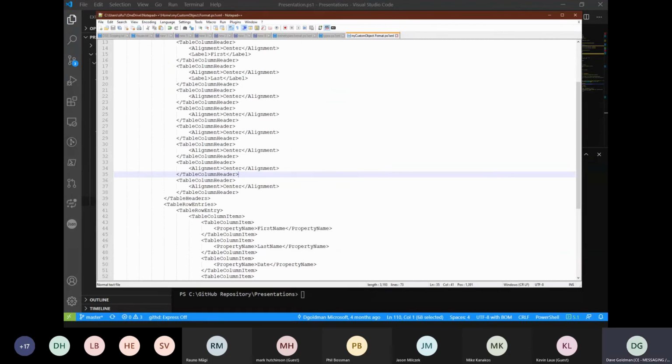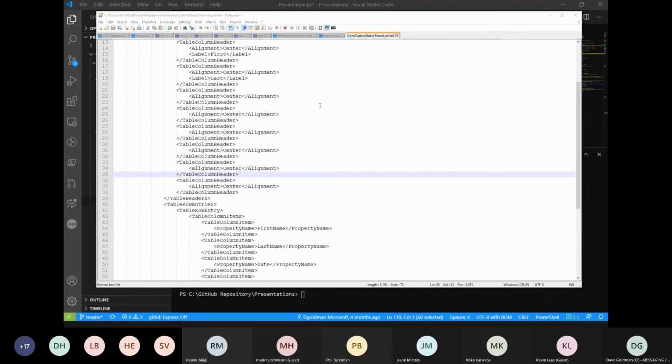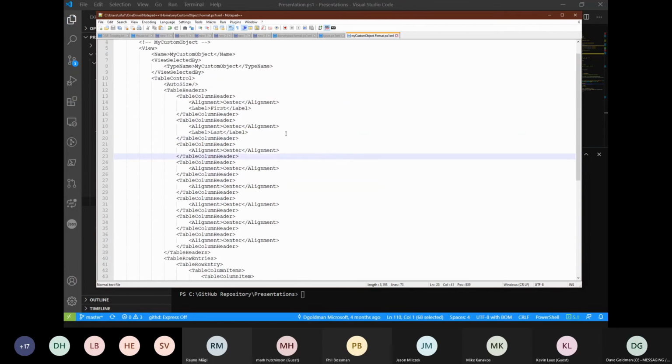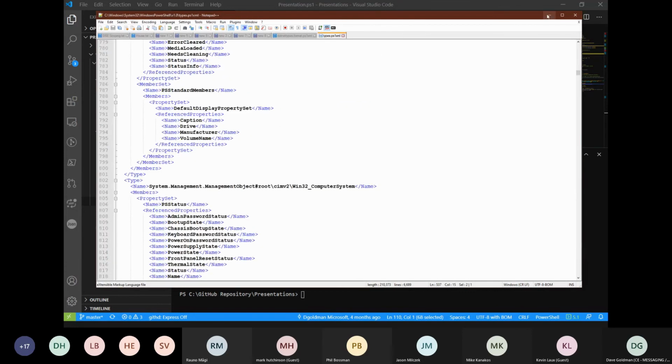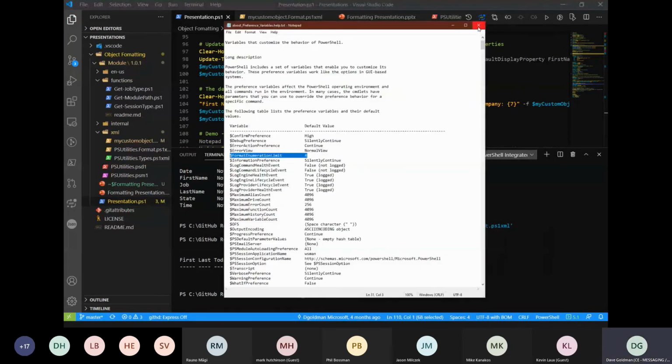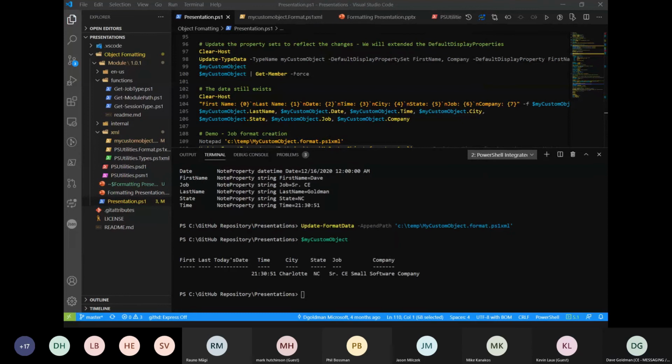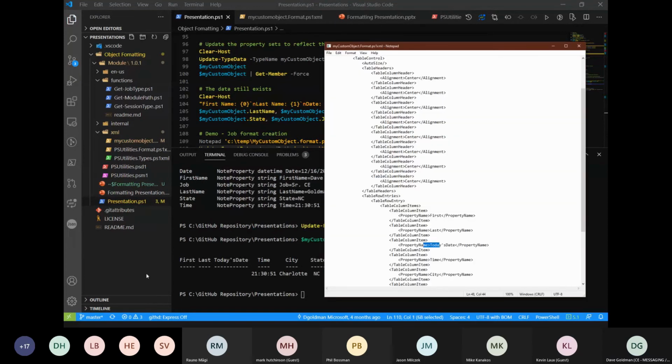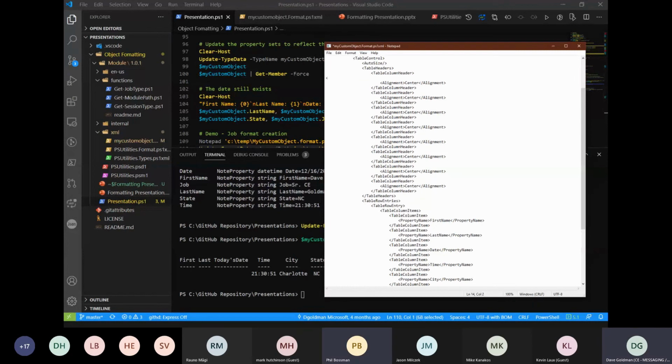Oh, it's already open. Close this here. Let me close this one here. That's the one that's open. There, let's do it here. Oh, so now I see it. It's because that's in a table control.